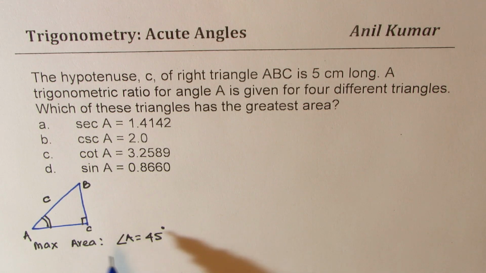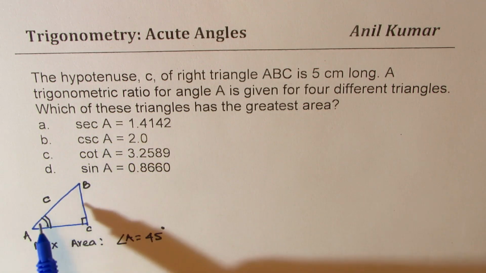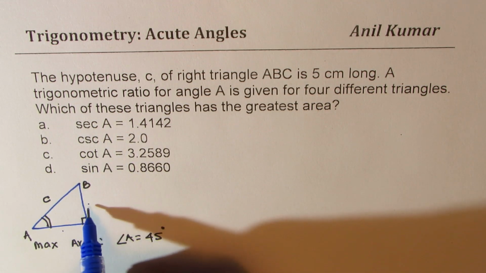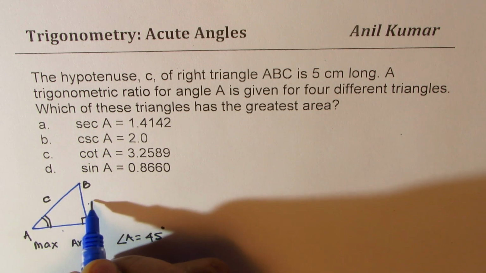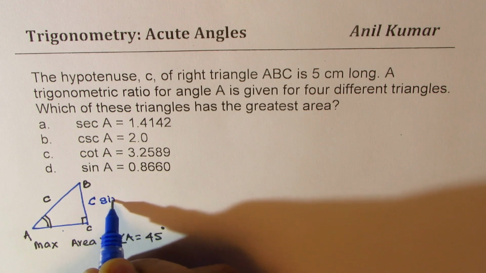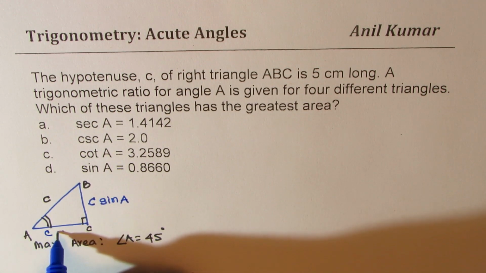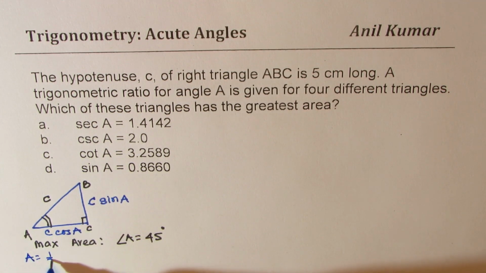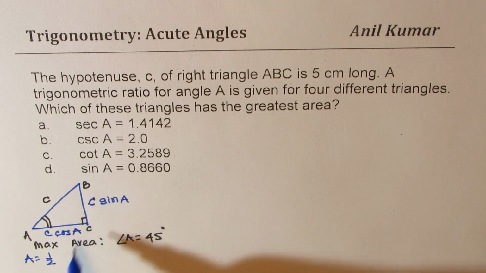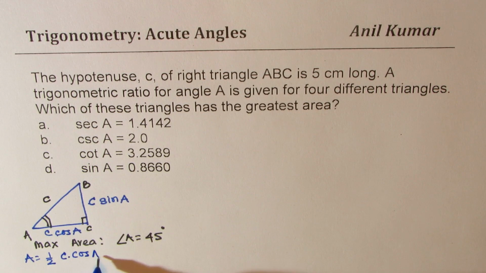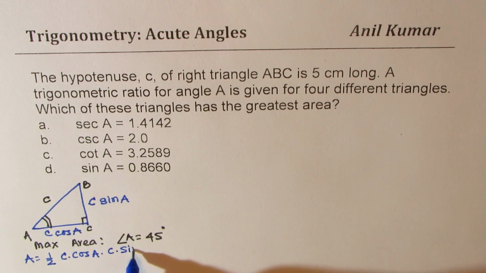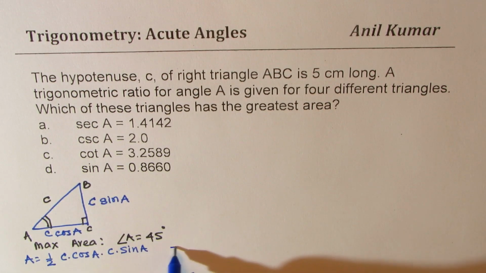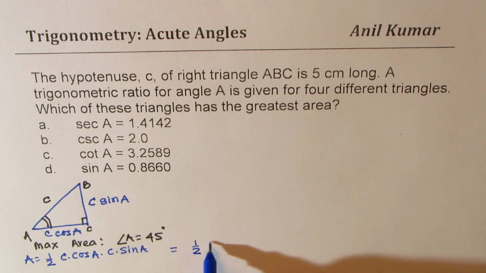And if you don't know that, what you could do is, after you find angle A, you know these two sides, right? So this will be equal to C sine A, and that side will be C cosine A, correct? So these are the two sides, and you know area is equal to half base into height, that is C times cos A times C times sin A, right? So it is the product of sin A cos A basically. So let me expand this. It could be written as half C square